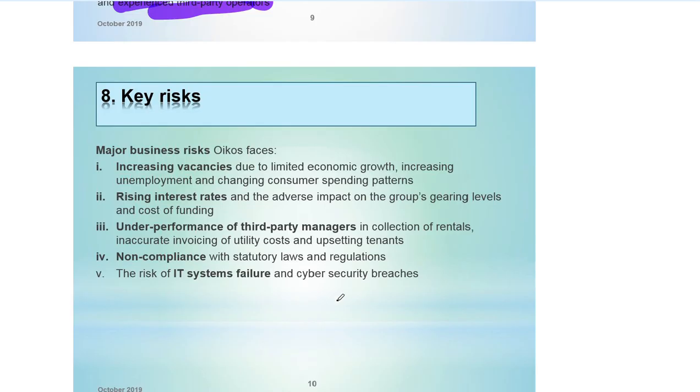And then the risk of IT system failure and cybersecurity. What do we see when you're talking about IT system failure as well as cybersecurity breaches? That means the IT environment is not strong. There are some loopholes that pose risks to the company. Now I understand that there is a risk surrounding the IT system of the company. And at this point, even in 2019, IT is very important to ensure that it's strong, so that the company ensures that it complies with the requirements of POPIA.